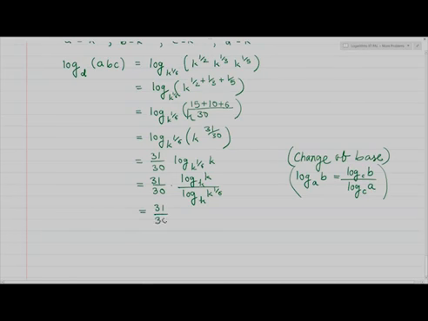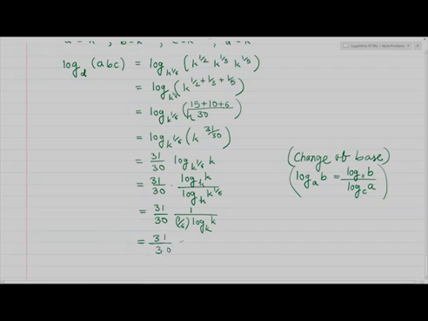31 by 30. What is log of k to the base k? It's a power law, so 1 by 6 will be thrown out. So 1 by 6 into log of k to the base k. If it is so, then it is 31 by